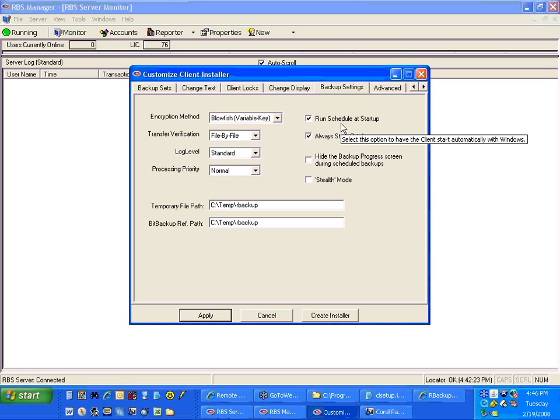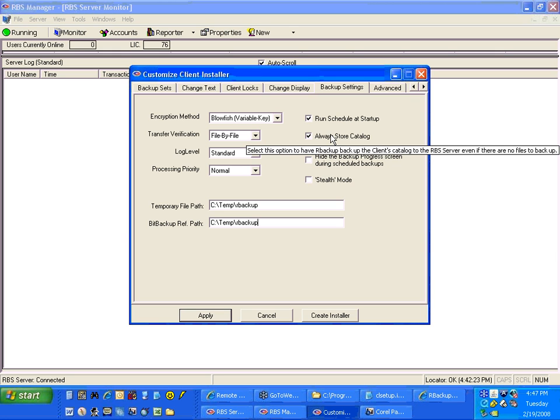These options on the right are basically to, let's see. The first option is run schedule at startup, which should be selected, unless you don't want the client to check for any missed backups when Windows restarts. Always store catalog: if it is selected, it will send the client's catalog to the server, even though no file has changed on the client side, which is a zero file session. So if you want to send the catalog to the server, even if there are no files identified for backup,